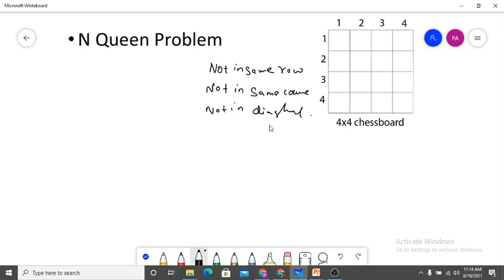Okay, not in diagonal. So here, first I am neglecting this because for your understanding purpose I am removing this constraint. We will add it later, but first we will focus on the same row and the same column. Okay, we can add this also, but for drawing the state space tree,